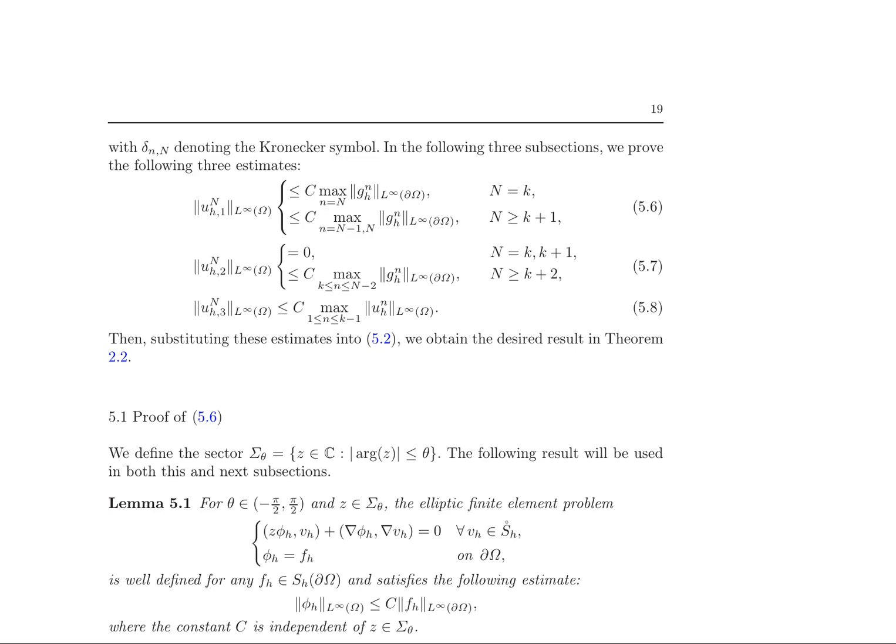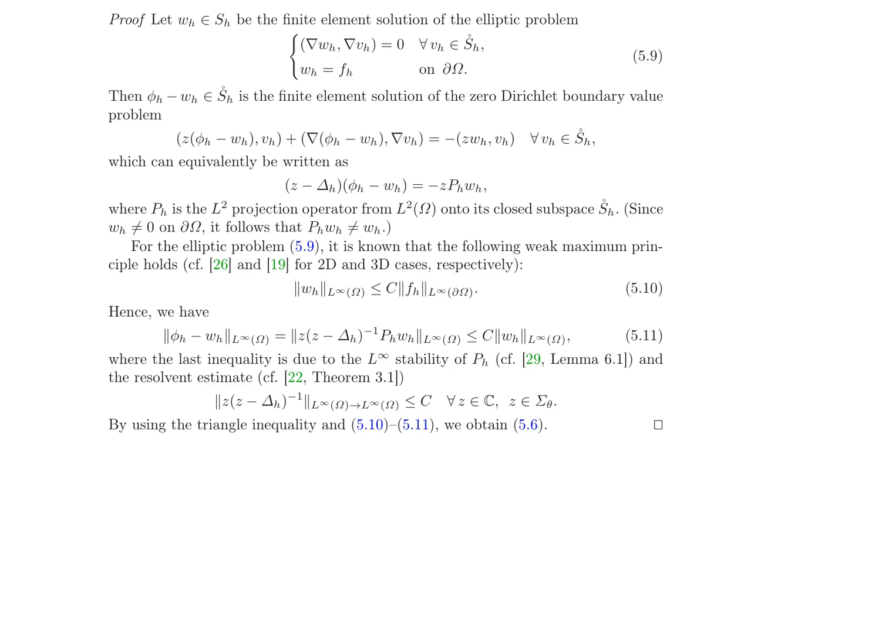The first estimate, 5.6, is proven by introducing the sector S_theta and employing lemma 5.1, which establishes the well-posedness of an elliptic finite element problem. This lemma provides an estimate for the L-infinity norm of phi h in terms of the L-infinity norm of fh, relying on the weak maximum principle for the elliptic problem, 5.9, and the L-infinity stability of the L2 projection operator P_H. The proof of 5.6 is completed by applying the triangle inequality and combining estimates 5.10 and 5.11, yielding an upper bound for the L-infinity norm of phi h and its derivatives in terms of the L-infinity norm of fh